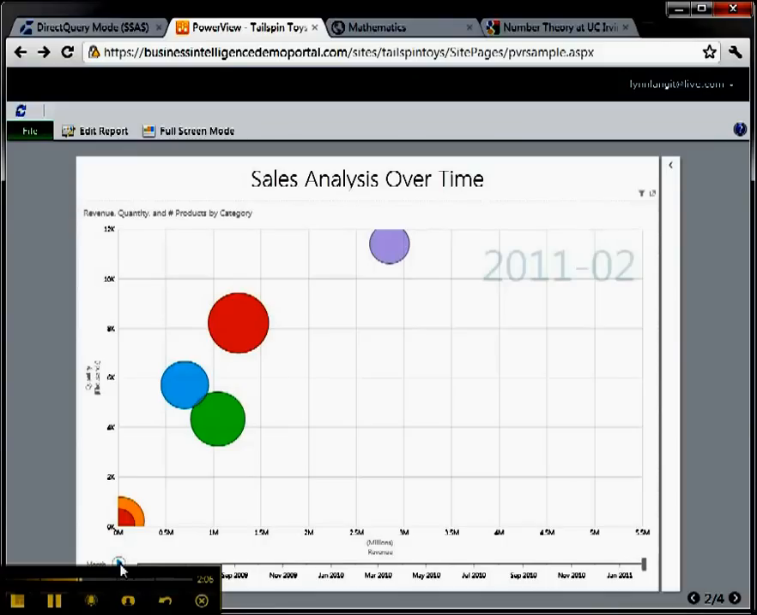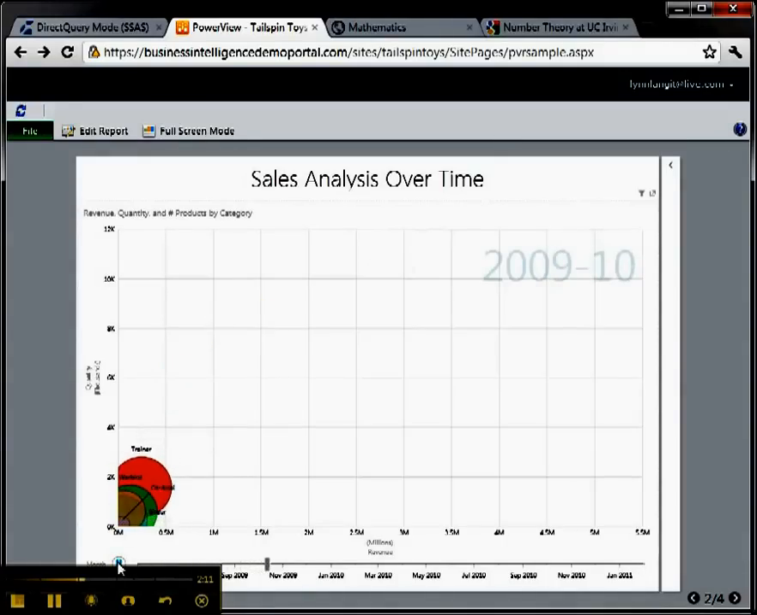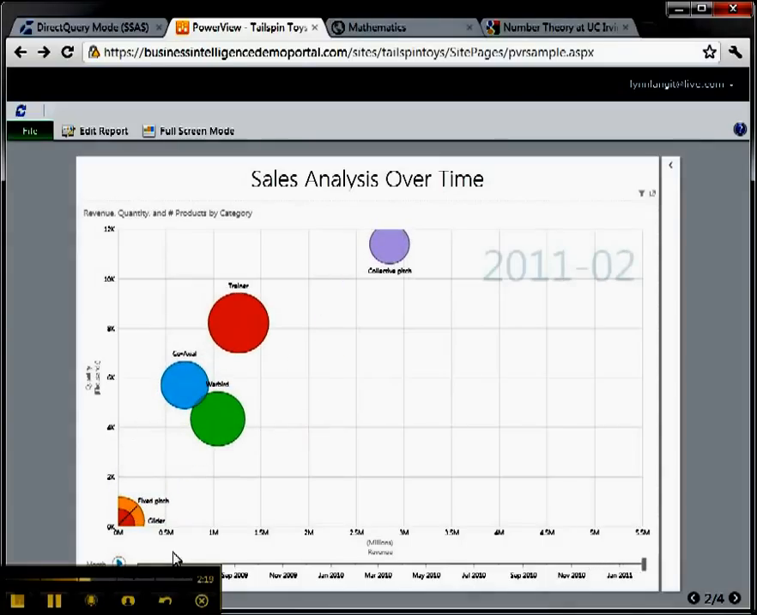This is a fun report. This is the bubble report over time. You can kind of see how that works. And there you can see the sales of products over time. So there's several different types of new viewers inside of PowerView, and I'm going to just go back to the